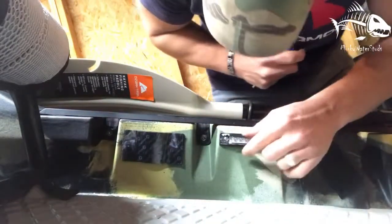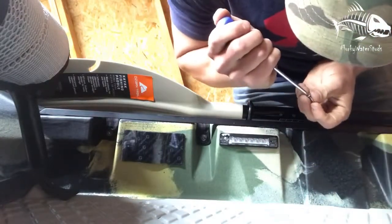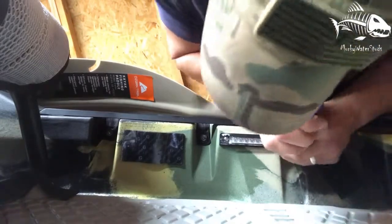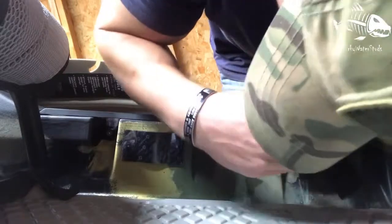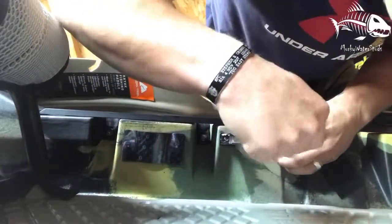Okay, we got that side tight down, and now I'm going to do the other side. Make sure it looks level. I don't want my lights to be cockeyed. This is kind of hard to do on an angle, but